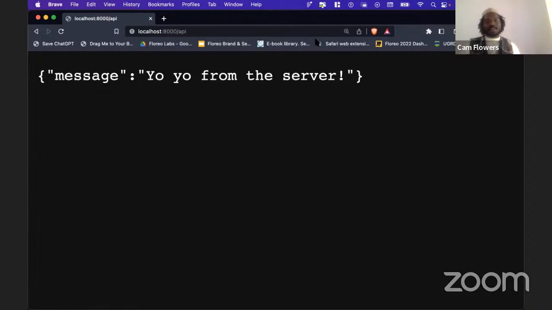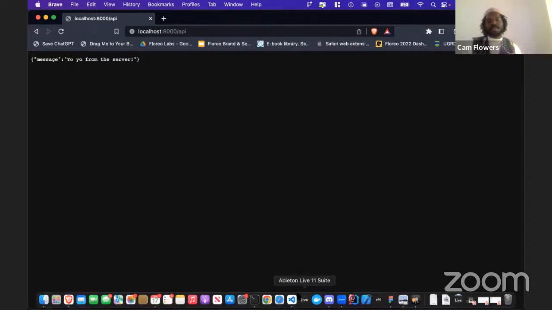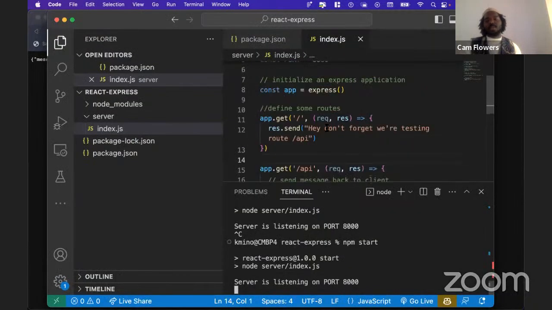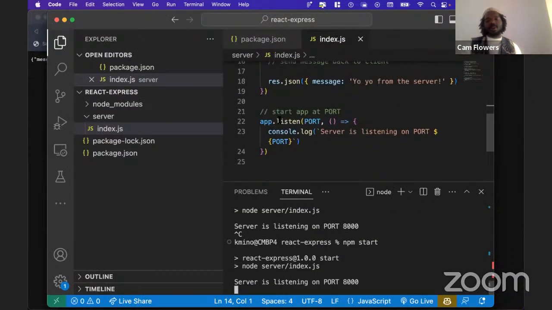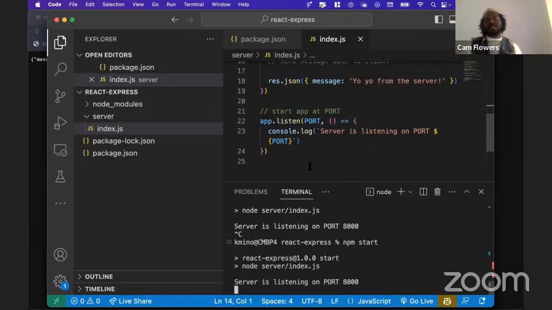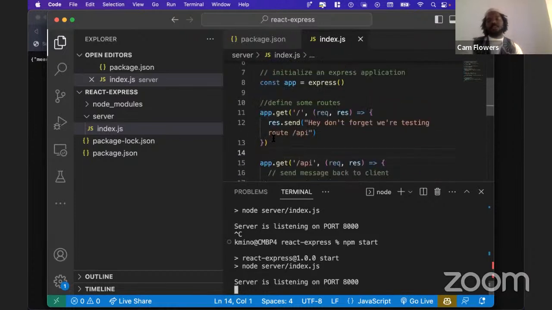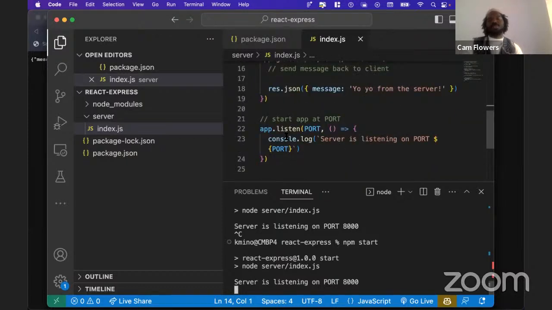Dope. Okay, cool. So we're kind of good here on what we need for the server in order to have the routes work. So if I go back to VS Code real quick, I just want to point out one really important thing, which is, as you can see, I'm putting all of the routes above this line that says listen, because anything after this app.listen isn't going to be run by the app when it's live, right? So it's important just to have the routes defined prior to actually doing the app.listen so that we can actually see those routes